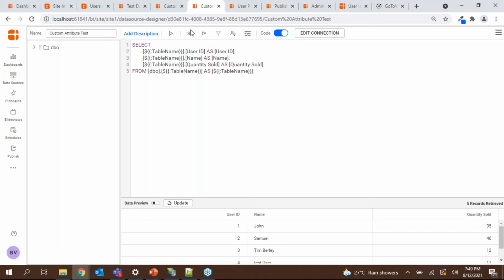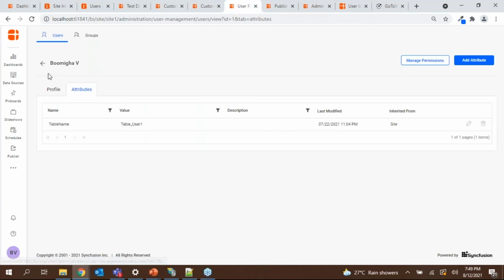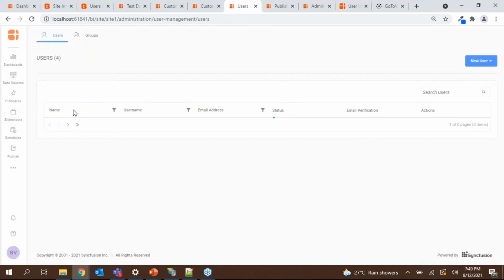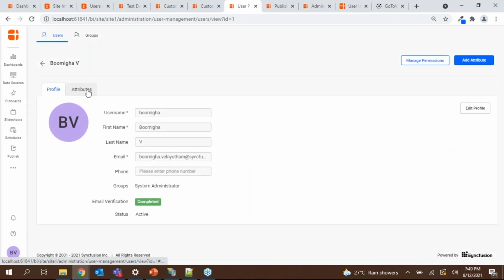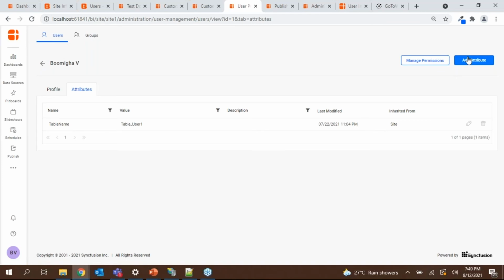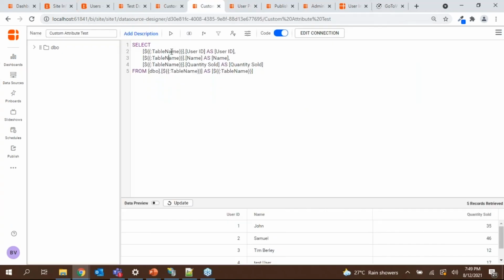In that case, you can create an attribute under the user. So under the users, you can find what all the users you have in your account, and click on the users, and there will be an option called attributes. If you need, you can add a new attribute and provide a name and value for the attributes. And once provided, the key name, whatever key name you have used for the attributes, needs to be replaced in the data source. Now, once applied, the values will be automatically applied from the attributes based on the level.